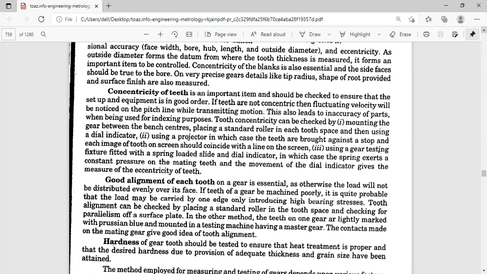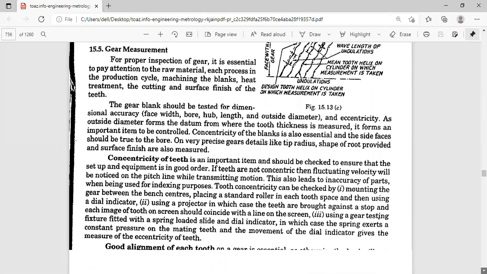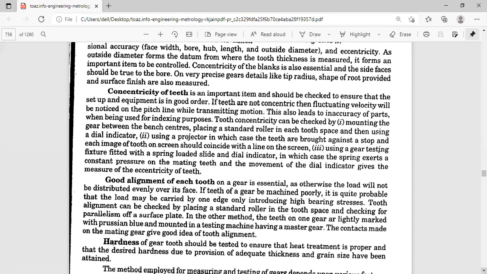So you have to calculate the module and try to design the tip of the dial indicator like that. So all this are hardness, alignment, consistency. All this gear measurement, the 9 parameters along with hardness has to be checked. Each and every parameter has to be checked, and if any parameter is varying, you have to reject the gear.